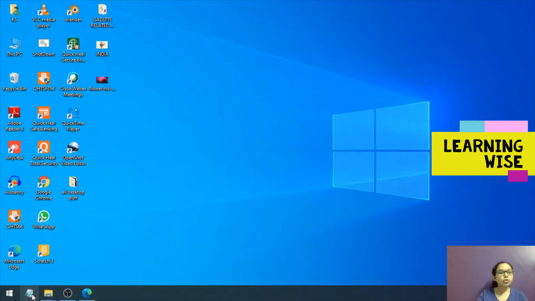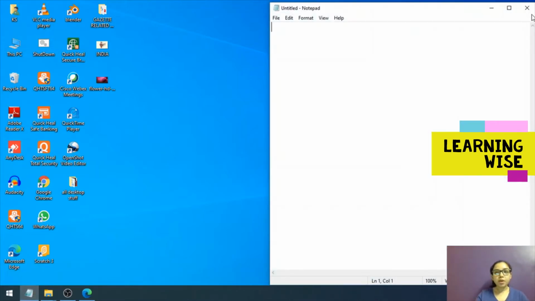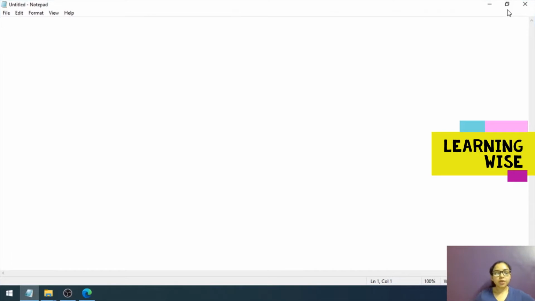Alright, so as you can see, I'm on my desktop and I'm opening my Notepad file. It's a blank file, and now we are going to write the code. Let us start with the default structure of HTML. The first tag is the html tag, followed by the head tag. Within that I will keep the title, and I'm going to mention